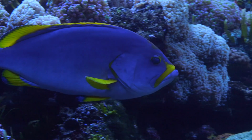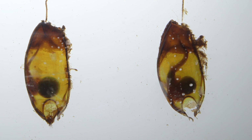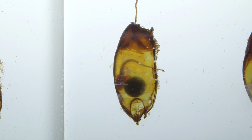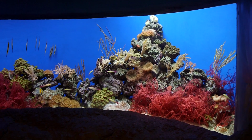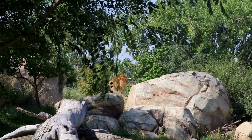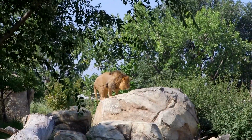Okay, so in short, the downtown aquarium was nice. Like I said, the exhibits were very well taken care of, and there was a good bit of diversity. Now, I've only shown a small segment of what I saw there, and obviously, I'm only showing the saltwater stuff. But we heard that the best aquarium exhibits were not at this aquarium, but rather at the Denver Zoo. That was not true. We had some faulty intel on that one, but I'm not even mad because the zoo